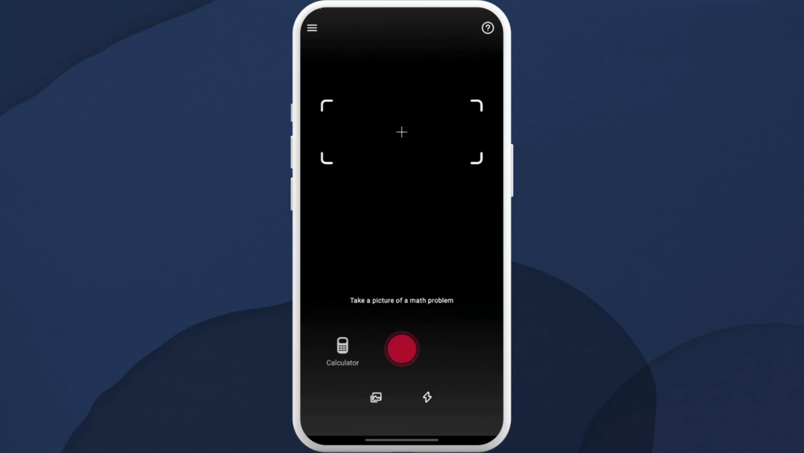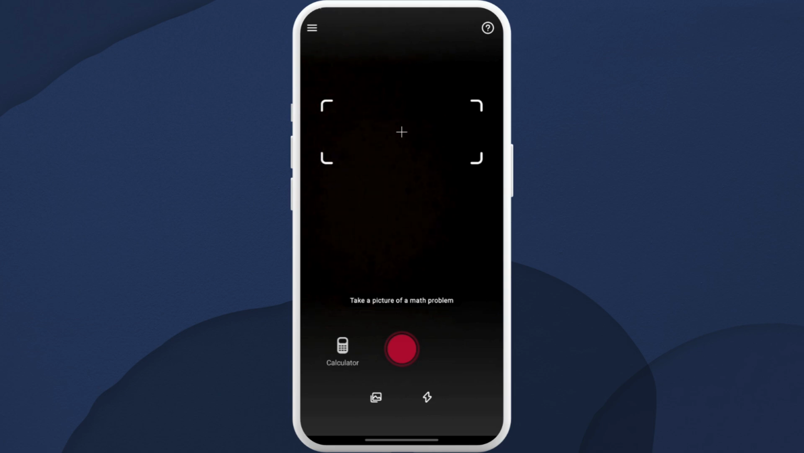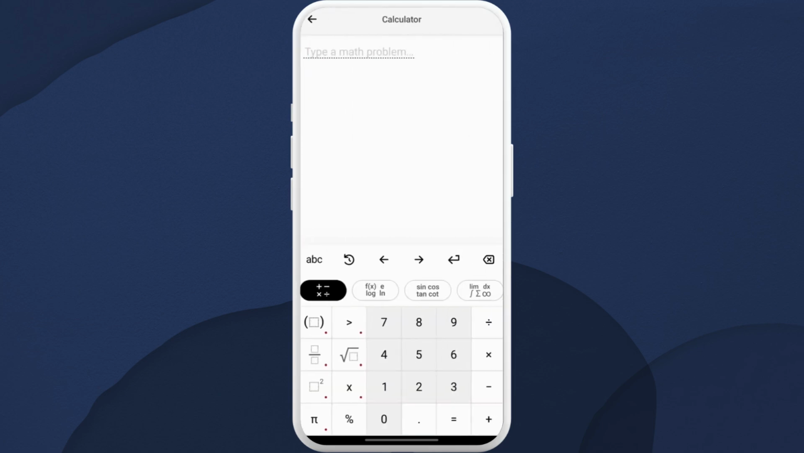If you want to type the math problems manually, over here in the bottom left, you can see the calculator option. Tap on it. It will open up the calculator for you. Here you can type your math problems manually. For example,